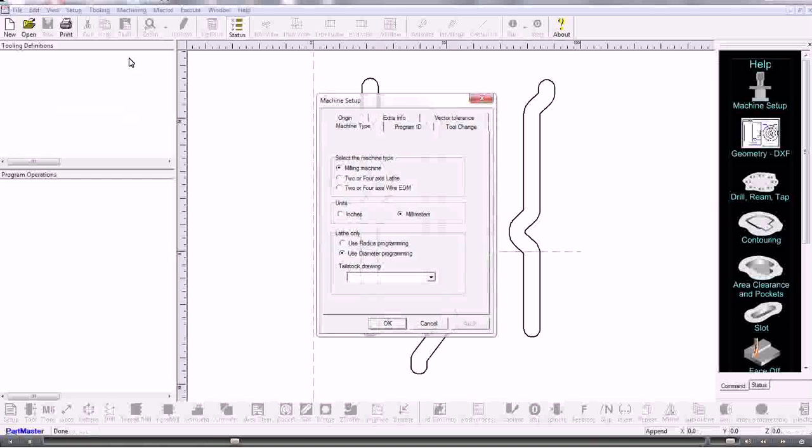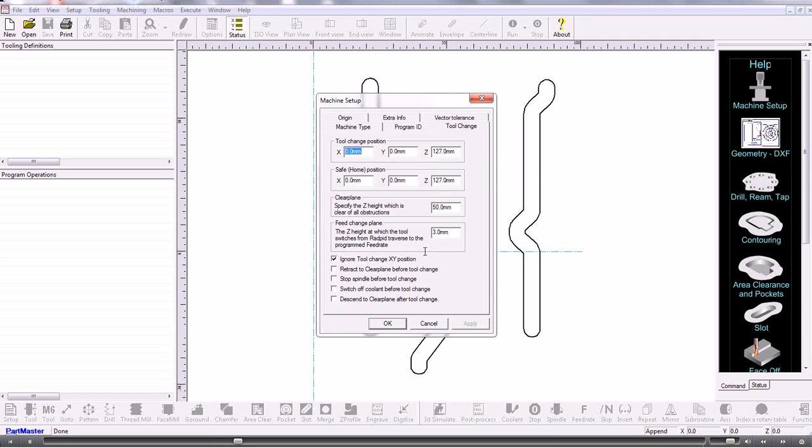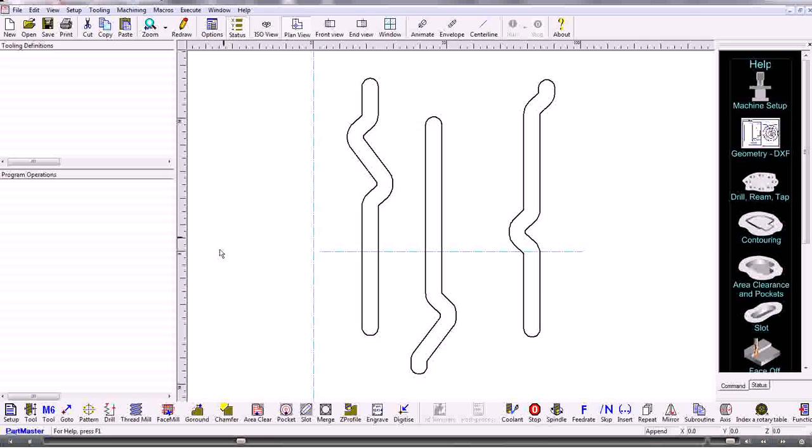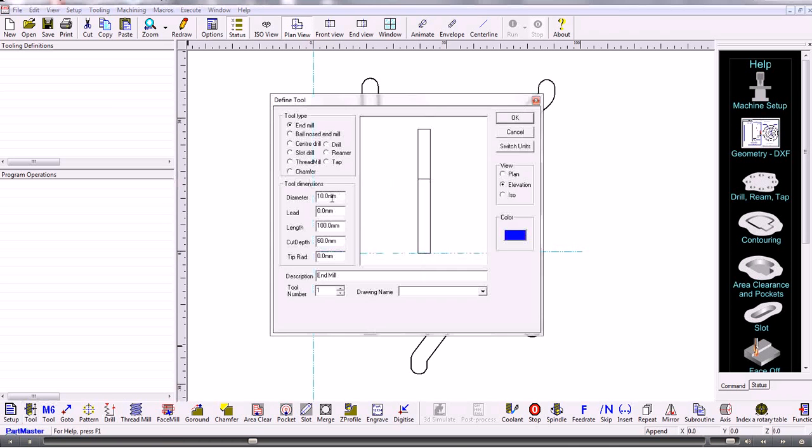Right, so we go into the milling software. So essentially this has got the same interface as the turning software. We can see the 3 contours that we've got, and datum point is the far left of the bar. So the first thing we'll do is to define a tool. I'm not sure how wide they are, I think they're 6mm wide. So if we have a tool of say 5mm,